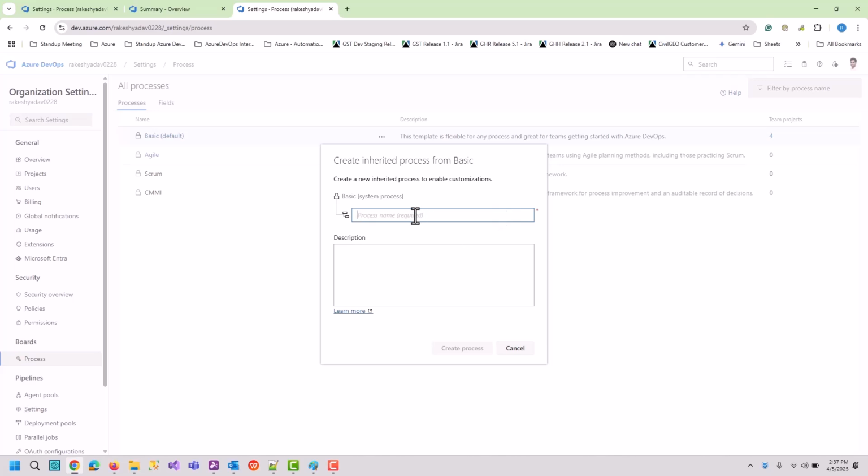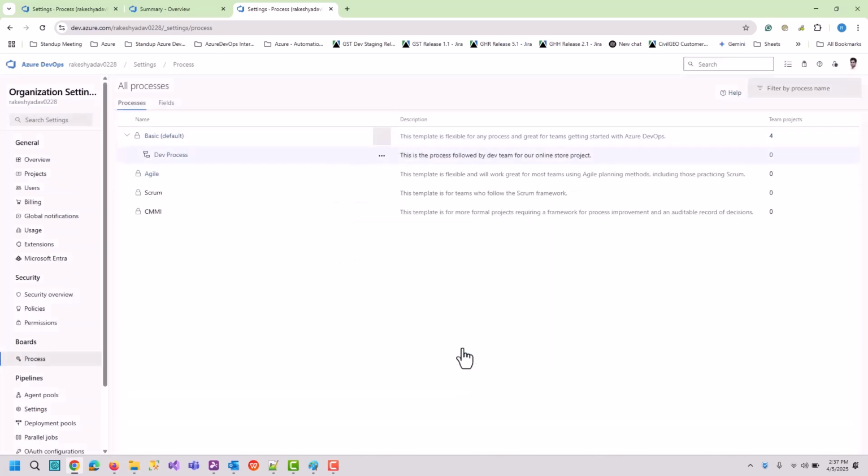So let's name our process maybe dev process. This is the process followed by the dev team for our online store project. Okay, let's create the process.